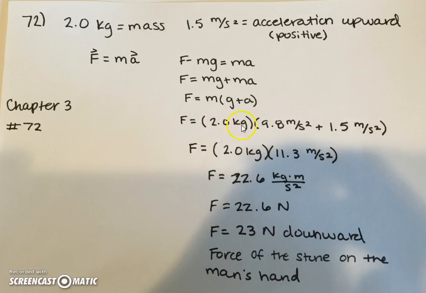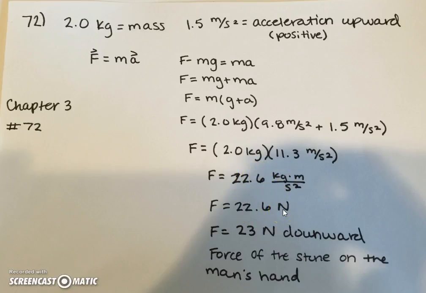You have the mass of the stone, which is 2 kilograms. And then you have the gravitational acceleration, g, which is 9.8 meters per second squared. And then you have the acceleration, which is 1.5 meters per second squared. And so you will add those together, you get 11.3 meters per second squared. Multiply that by 2 kilograms, and then your force is equal to 22.6 kilograms times meters per second squared, or